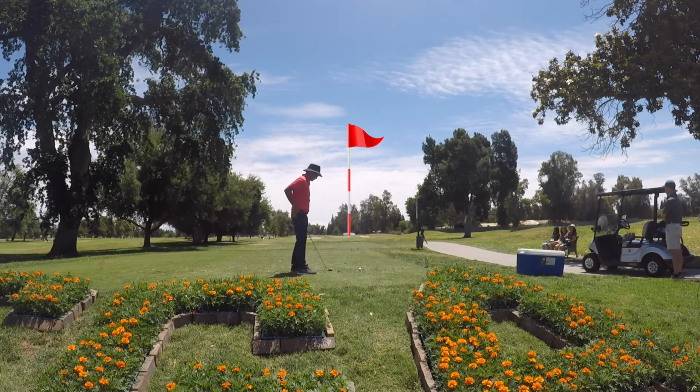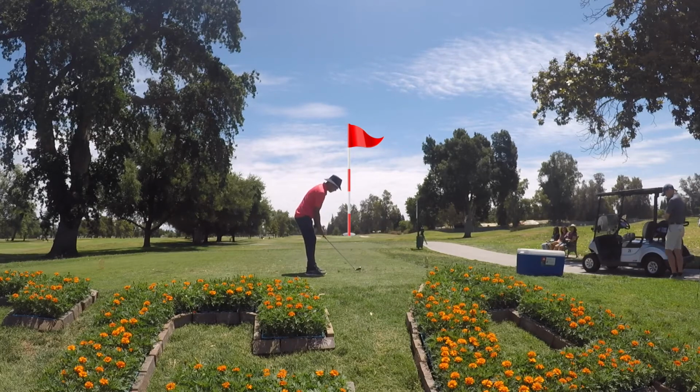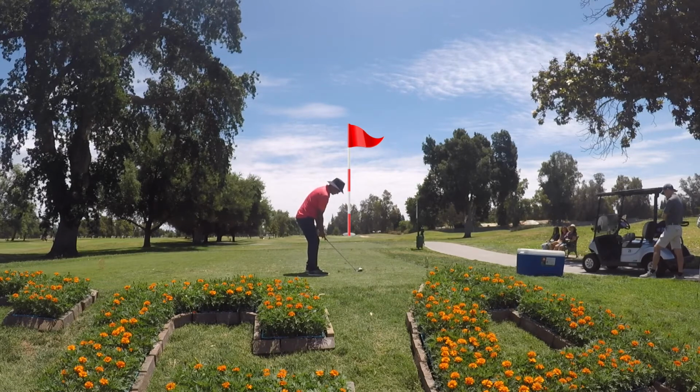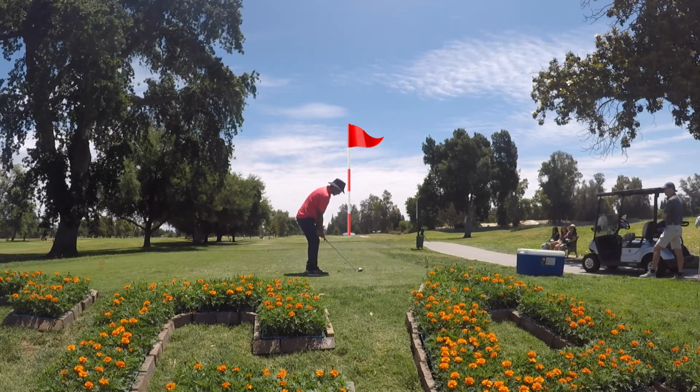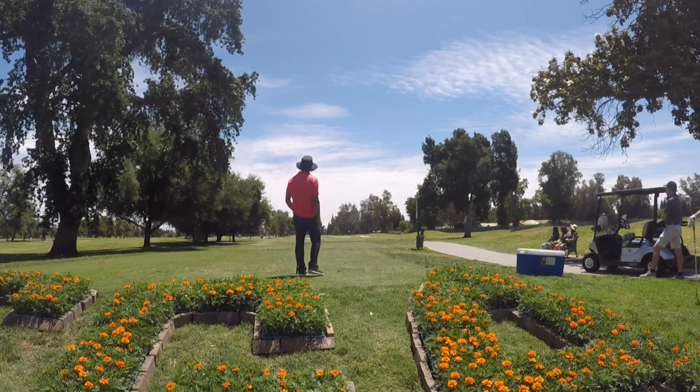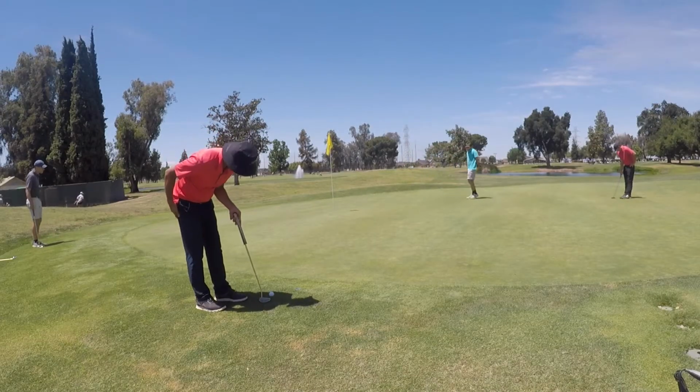This is 162 yards. It's a par 3. I'm 4 over. All right. Probably using my 8 iron, right? So I hit a pretty good shot, ends up hitting just a little bit short of the green, of the pin,